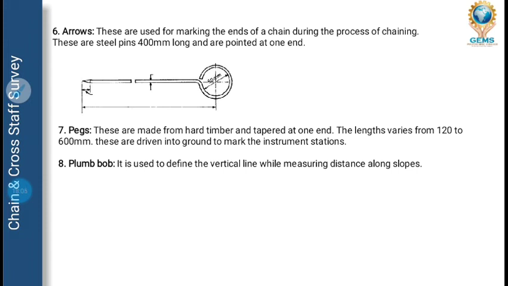When you use a sahul or plumb bob, as you all know, when a mistri, a mason or a civil engineer wants to check the straightness of a wall, they will use plumb bob to find the vertical line. If it is not accurate, the wall will fall. So it is very important that you know how to handle a plumb bob. In Hindi it is called sahul.